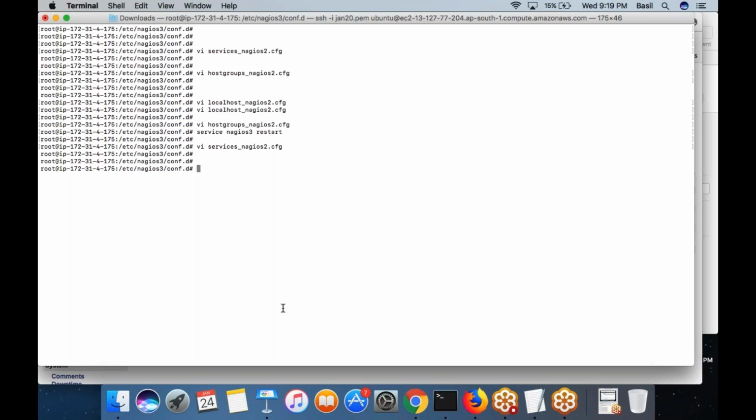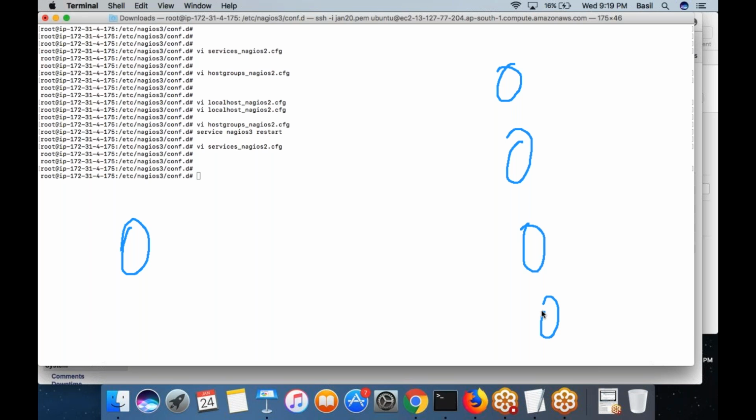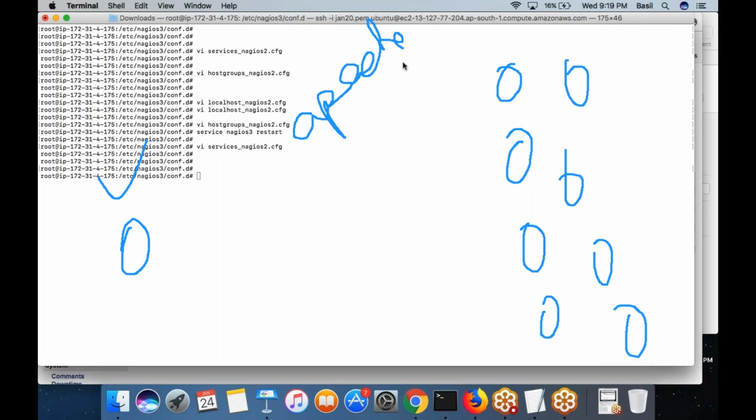Now what I want to do is the same thing, with the same plugin. This is your Nagios server, and assume you have multiple machines which you want to monitor. Maybe it wants to monitor Apache, a process running called Apache.